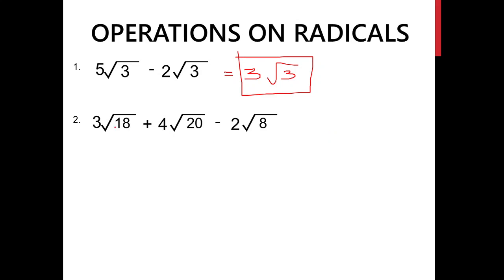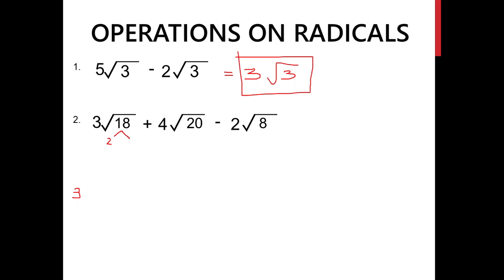Next, in this case, notice that it's a combination of addition and subtraction, and the radicals have different values. But in our previous lesson, I taught you how to simplify radicals. So let's try to simplify the radicals first. Okay, so I'll bring down this 3 first here, and then let's try to simplify the square root of 18. Now, to simplify this one, since 18 is an even number, let's try to divide it by 2.